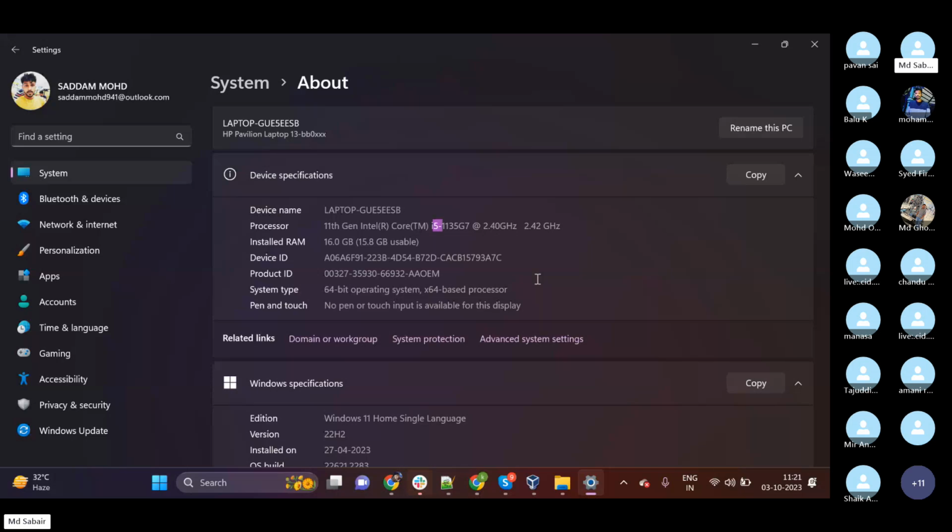I have installed Oracle virtual machine and set my Ubuntu to use 1 core of CPU and 2 GB of RAM, meaning I'm sharing from this 16 GB. With the help of such virtualization concepts, we can create different operating systems for different applications.